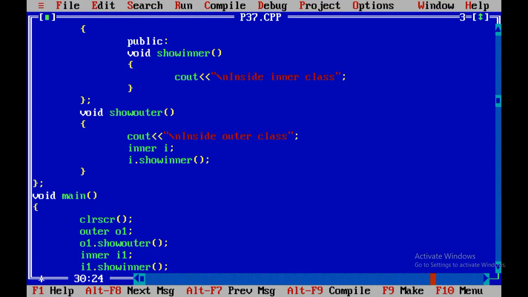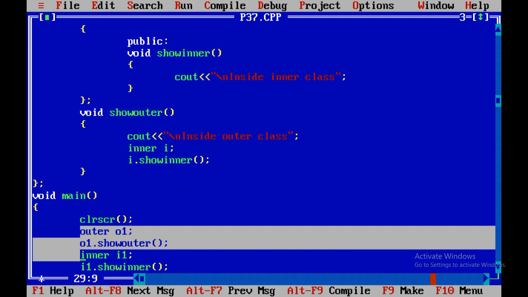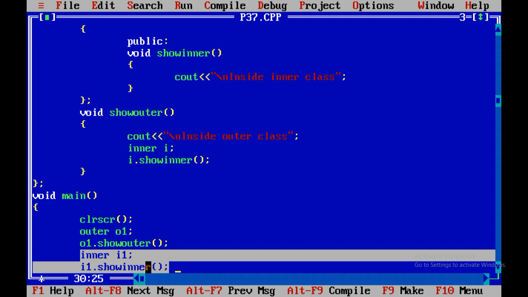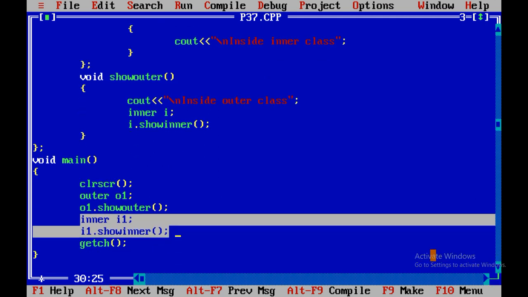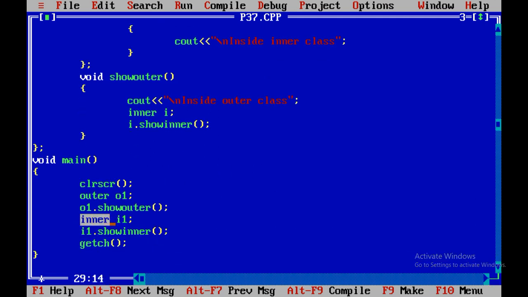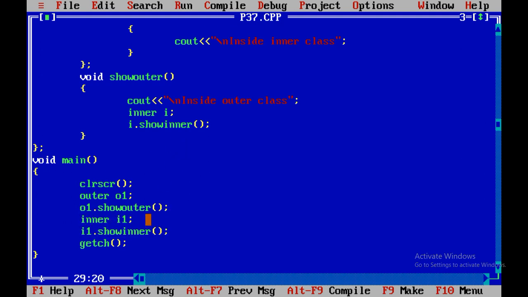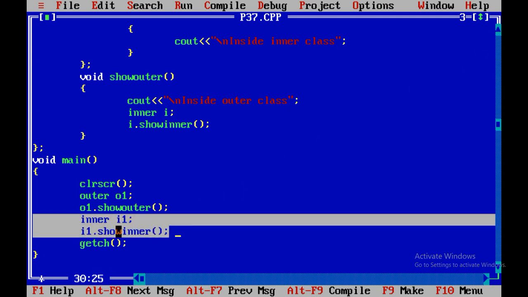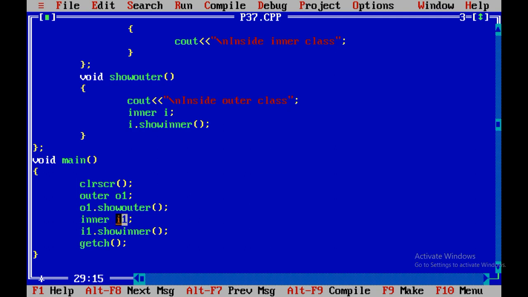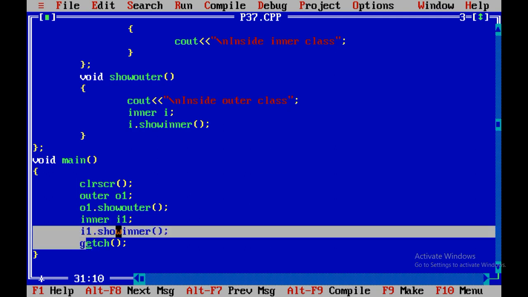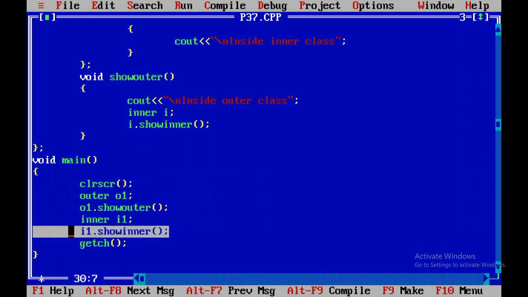Let us run. See over here, if you don't want to create the object of outer class, in such cases also, if you use concept of nested classes, remember, listen carefully, it will allow you to create the object of inner class also. See over here, I have created the object of inner class, and with the object of inner class I have called the method of inner class.